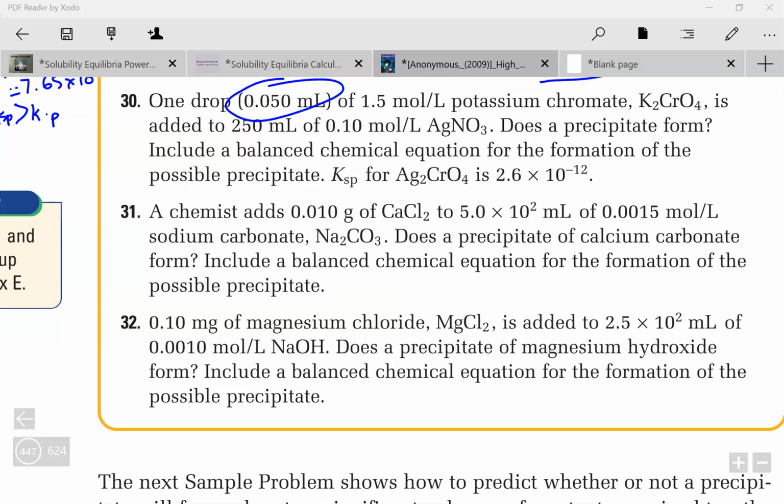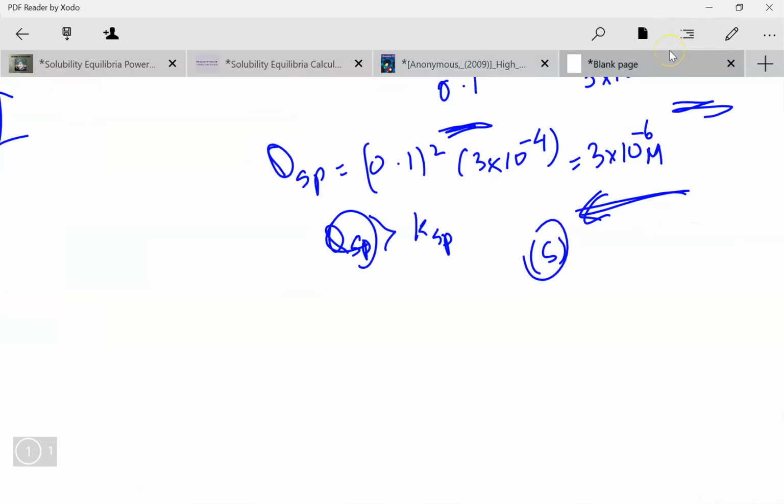Sorry about that. Okay, so the next question is a little bit weirder, but also it makes life easier. So we're adding this many moles or this many grams of calcium chloride to 5 times 10 to the power 2 milliliters of this many moles per liter sodium carbonate. Does a precipitate of calcium carbonate form? So again, our equation is going to be